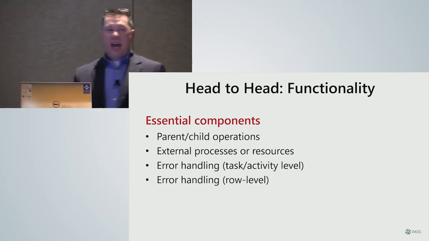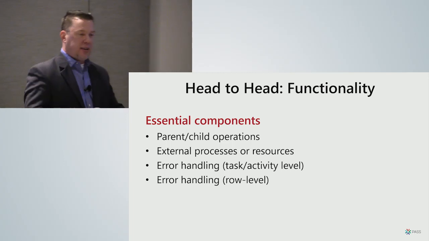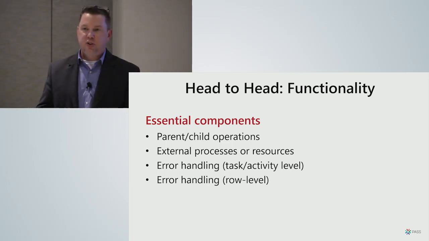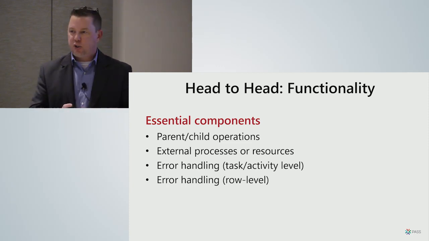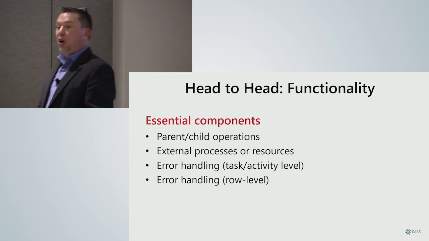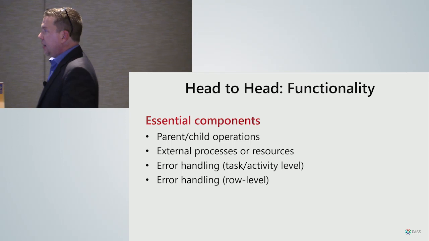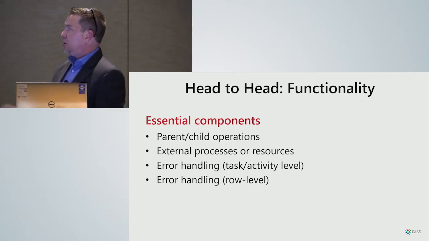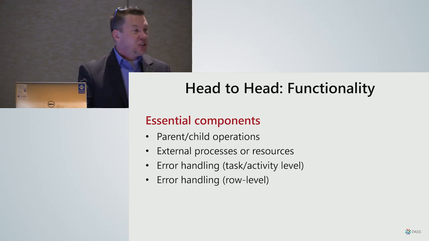Other things, I want to be able to have parent and child operations, where I have a thing that calls another thing. So in SSIS, it's a package that calls another package, where we have a parent and child relationship, and we have a controller package that invokes all the other related child packages. I want to be able to call external processes. I want to be able to call a batch file. I want to be able to call an executable. And just as importantly, these probably should have been at the top of the list, error handling. Your SSIS package or your Azure Data Factory is going to break at some point. You need to have a good plan and know exactly what's going to happen when something breaks, either at the task level or at the row level.